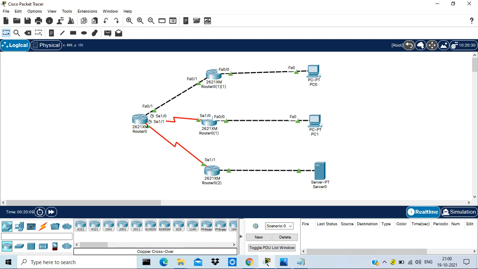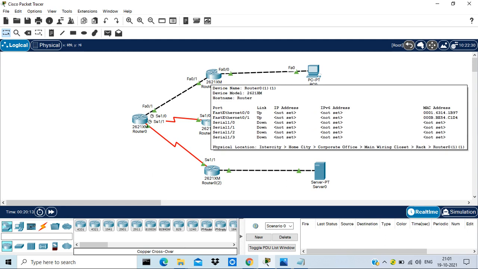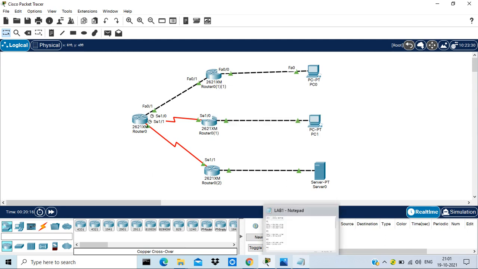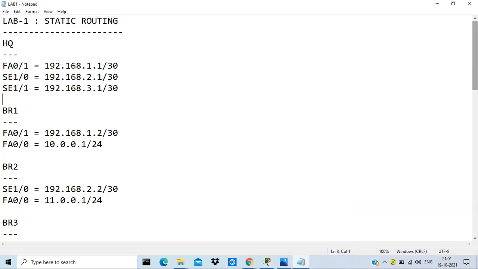Now you have to configure the IP addresses. You know how to configure an IP address, right? Yeah. So for headquarter, FA 0/1 should have. Now, do you understand this /30? What does this /30 mean? It's a subnet mask. Yeah.